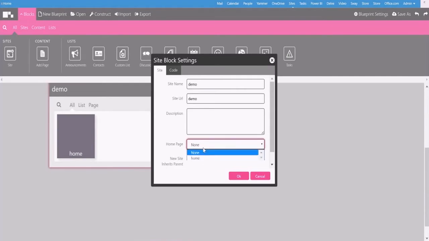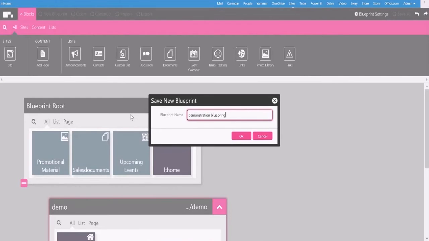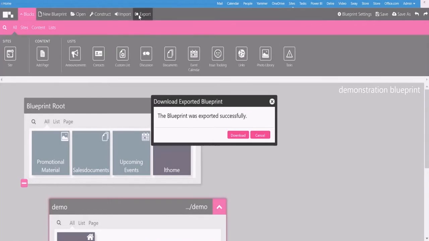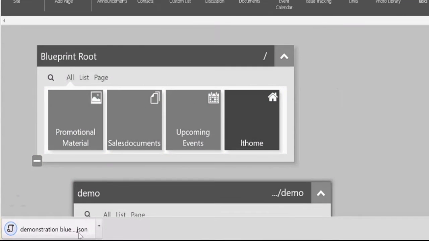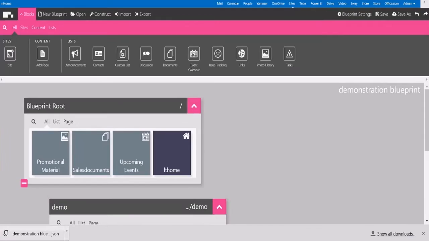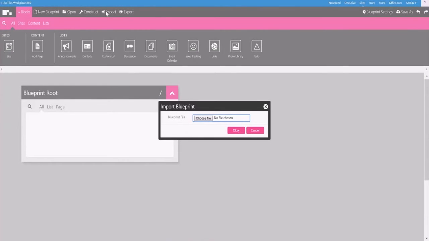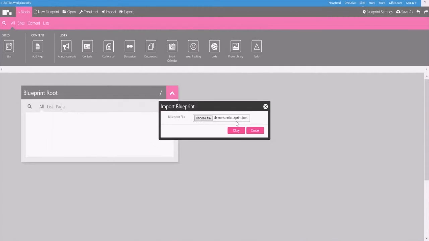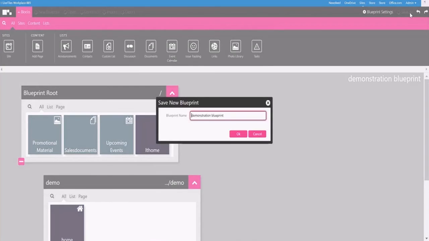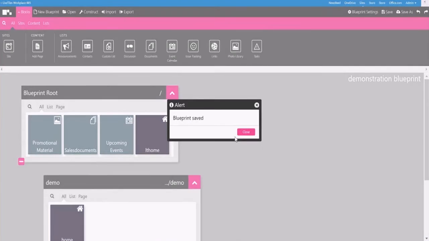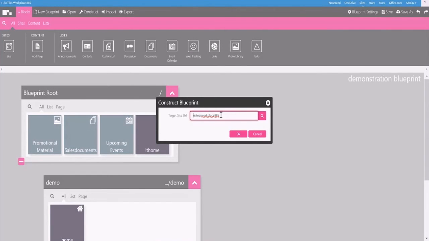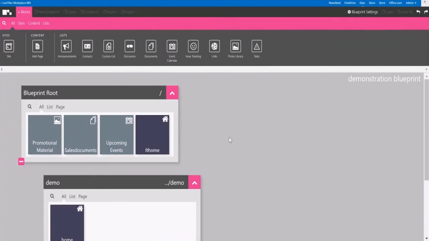Once you've completed the template, save your genius Blueprint site recipe, then click the Export option. The file downloads as a JSON file, which can be easily emailed and allows for quick uploads. Then, import the template into a separate tenant by opening the exported JSON file. This transfers the data into the new tenant. Click Save, then Construct for a LiveTiles Blueprint to start whipping up your information architecture.